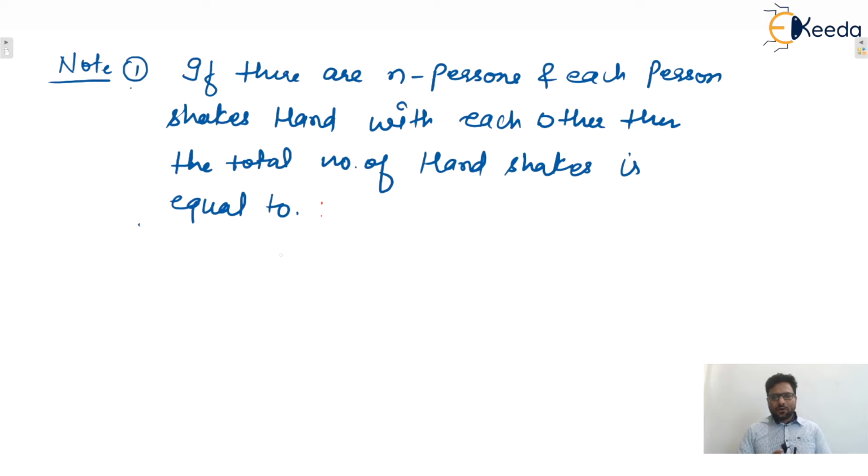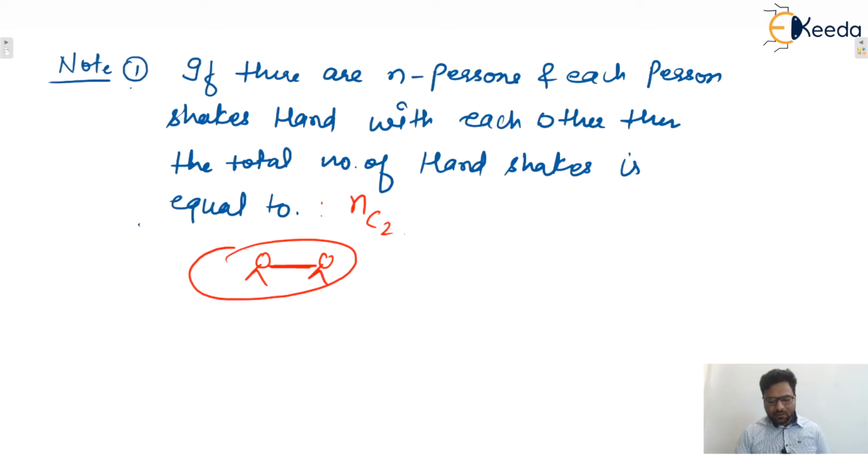So ultimately, can we say or not? If for every handshake two persons are required, then the groups of two persons will be the total number of handshakes or not? Yes, we can say that. So this problem reduces to which problem? Find the total number of groups of two persons, and that will be equal to NC2 only. Yes or no? So for each handshake, two persons are required, so the total number of groups of two persons will give you the total number of handshakes. I hope this one is clear to everyone.